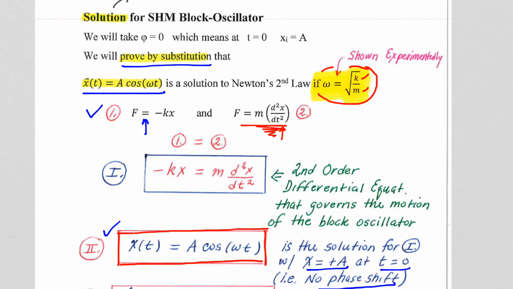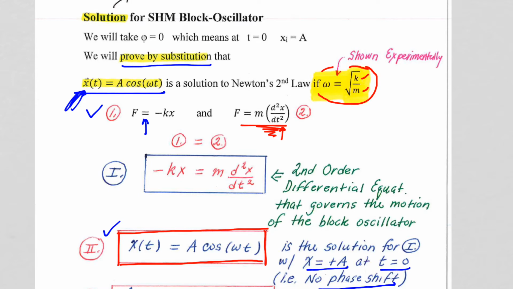But since our solution is an expression in terms of position, we are going to leave Newton's second law in terms of position. If we had a velocity function instead, then our F equals ma differential equation would be F equals m dv dt. Well, we know Hooke's law, F equals minus kx, and we know Newton's second law in calculus form,